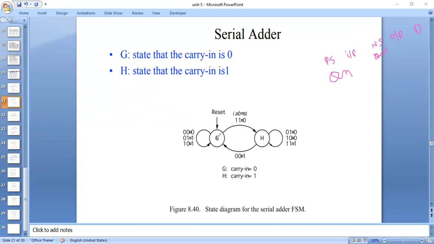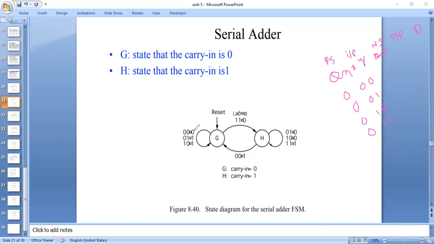Okay, so see here, we took present state 0, and here there are inputs. You can assume those inputs as XY. For example, let's take the input as XY. Since it is a 2-bit number, the XY inputs we give are 0 0, 0 1, 1 0, 1 1. For all these conditions we assume the present state is 0. So from this state diagram you can draw this state table.